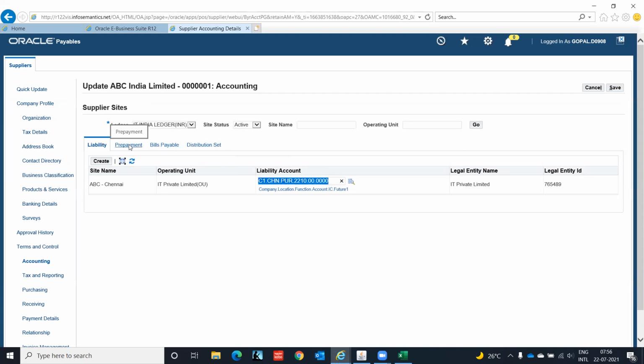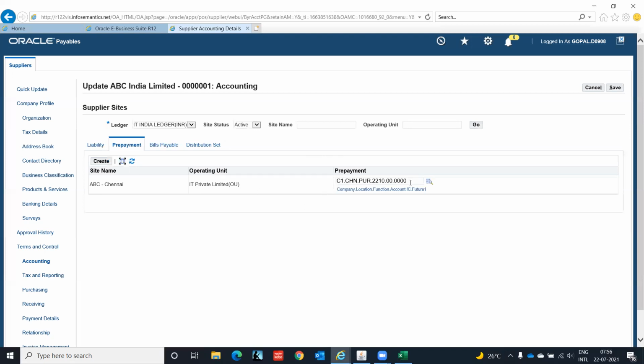If you see prepayment, this is also available here. Bills payable, this is also available here. This is by default coming from the setup we have done. If we do not do that setup, we will not be able to proceed with the supplier creation also.